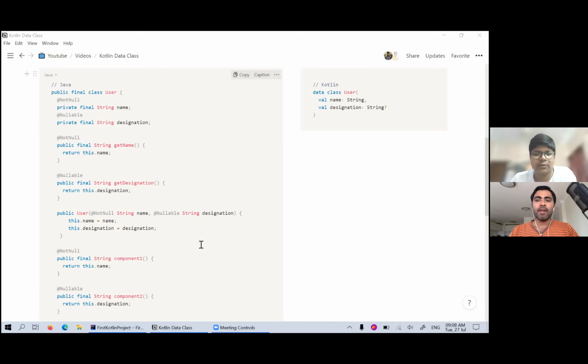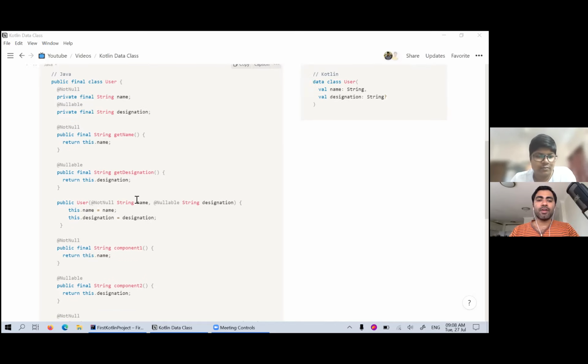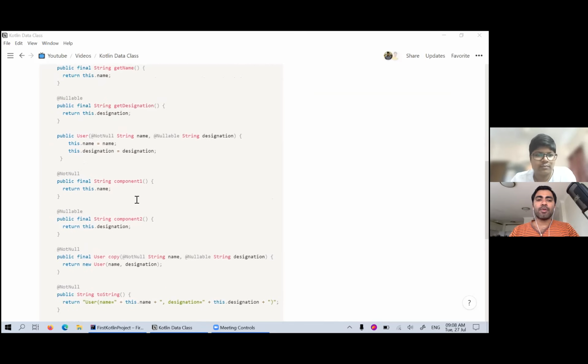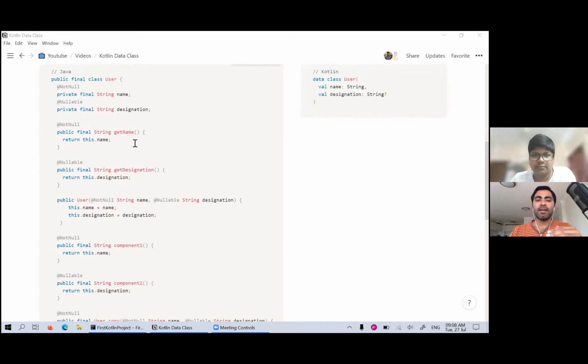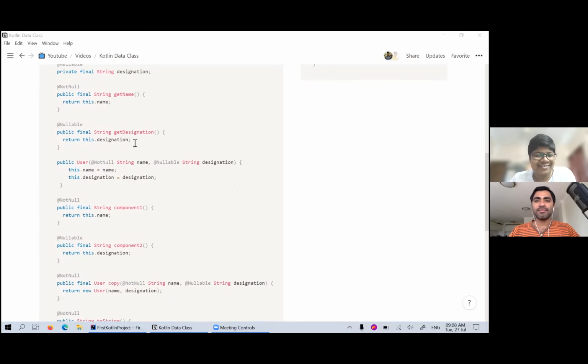And we write the getter methods, which will just return that same field, and we write the setter methods, which set those fields. Directly also it is possible to get and set, but to avoid some side effects, we usually provide dedicated getter and setter methods. So it is easier to control who can get access, and we can do some data validation, and we can restrict whom we want to give set access and whom we want to give get access. So that is the reason it becomes lengthy, and many people don't like how much code there is. Got it. Yeah.